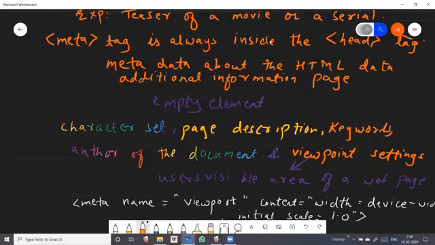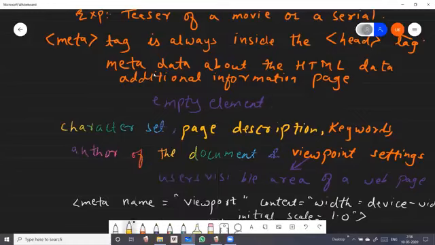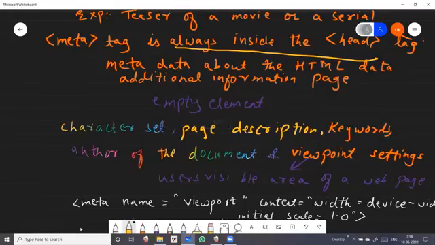Okay, so we have already learned this, and then we saw a very important point, that your meta tag is always inside the header tag. Students, you have to remember this. Okay, and it gives additional information to your page. It is an empty element. Getting, students?